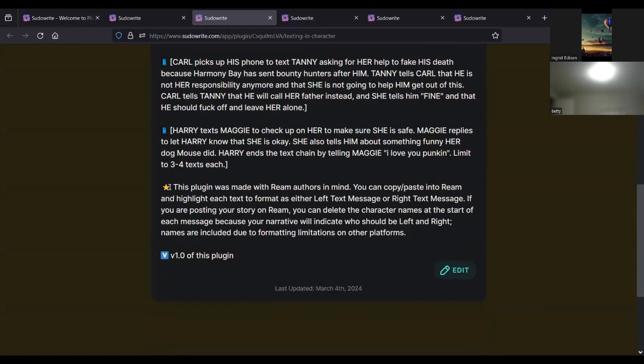And then I have a special bullet point. I used a star because I made this plugin with Ream authors in mind. Ream Stories is a subscription platform for authors, and they have this really cool formatting feature where you can highlight the text and format it as like left text message or right text message, which is fantastic. And if you're posting your story on Ream, this will generate,